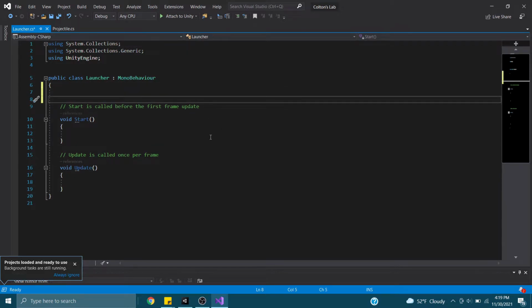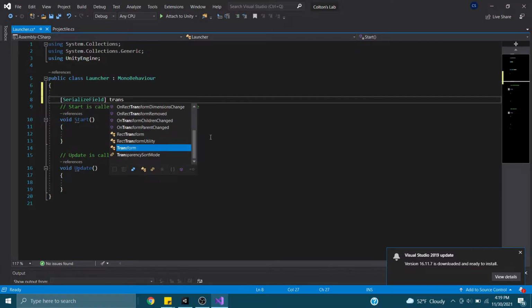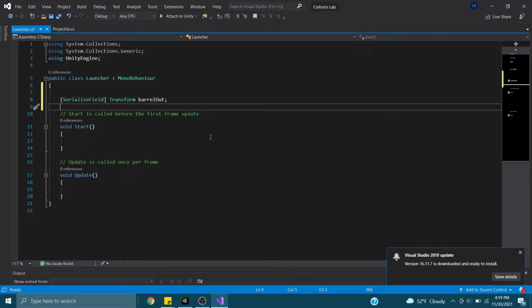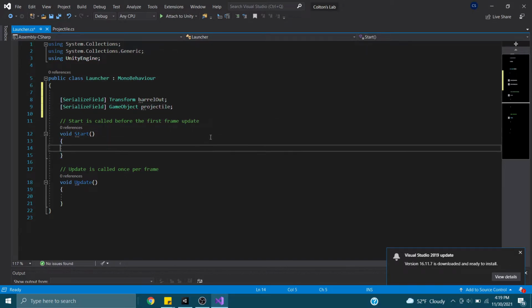So what we need is a couple variables. One variable being serialized field, so we can populate that. This is going to be a transform called barrel out. And we're going to need another one of type game object, and that would be for the projectile. Now